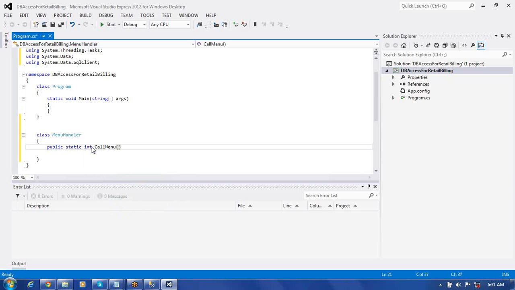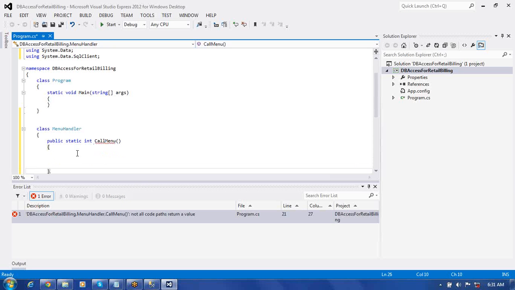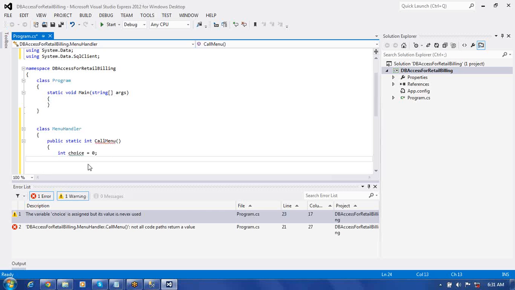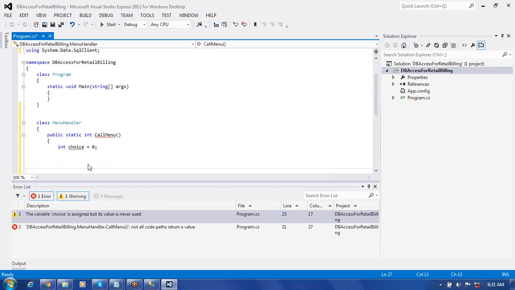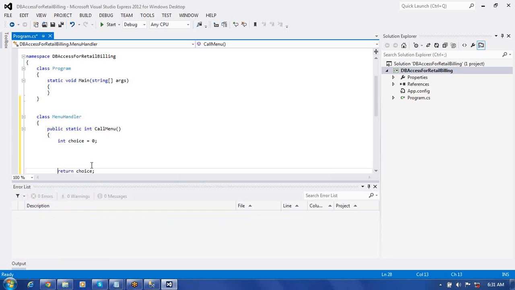I can call it like this, a menu, and it should return a value for us. In CallMenu, int choice equal to, initially keep 0, followed by return choice. I am going to return a choice like this,